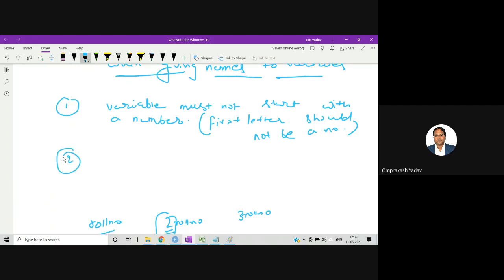The second rule, second rule is what? A variable name